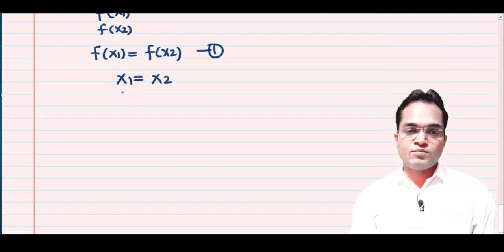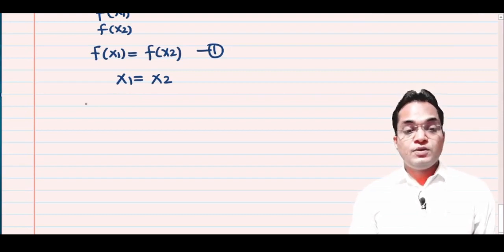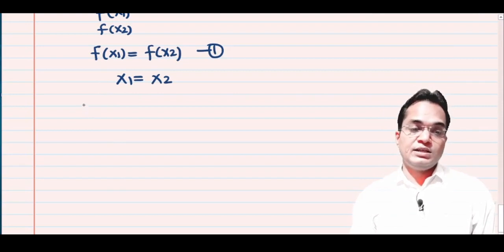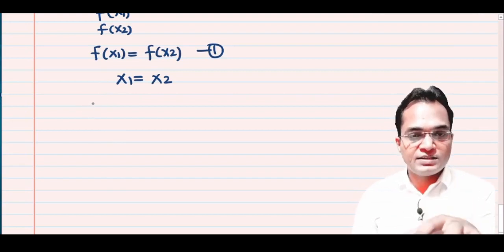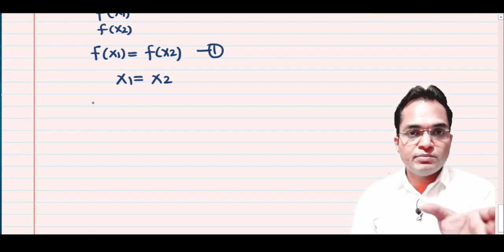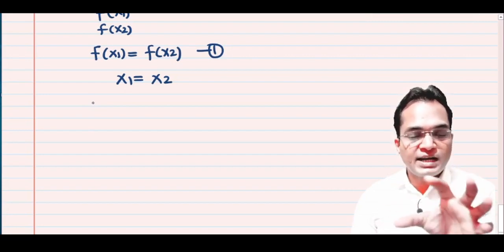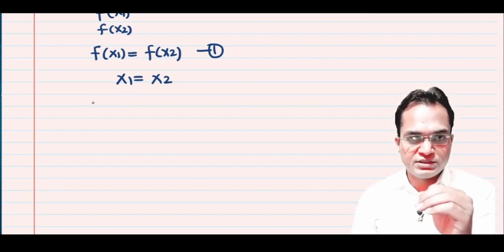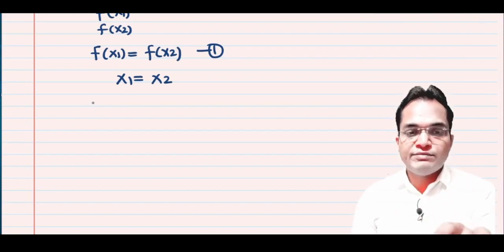Okay, now how can we prove here that the function f is 1-1? The only thing given here is that their composite function, or you can say the composition of the functions, is the identity function. Then with the help of this information we have to prove that f is 1-1.